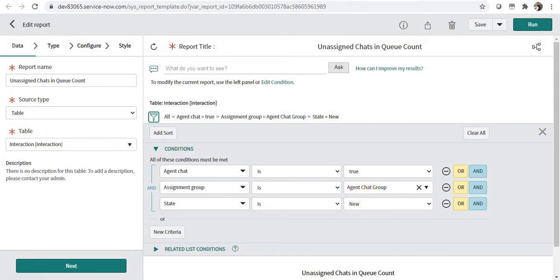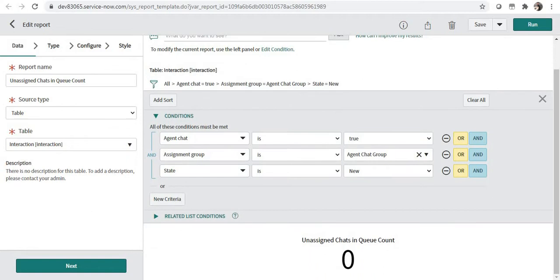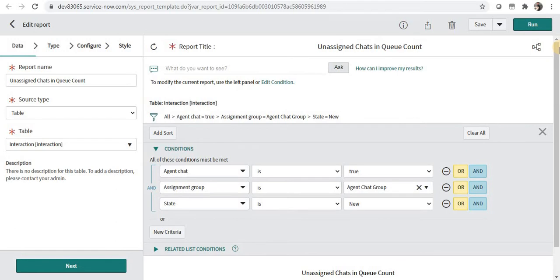So it signifies that the chat hasn't been accepted yet and is in queue, and some agent has to accept it. If as a manager you see 2 or 3 chats in the queue, it means the agents might be busy, so you might have to jump in and accept some of the chats yourself. Okay, so these are the 3 reports.